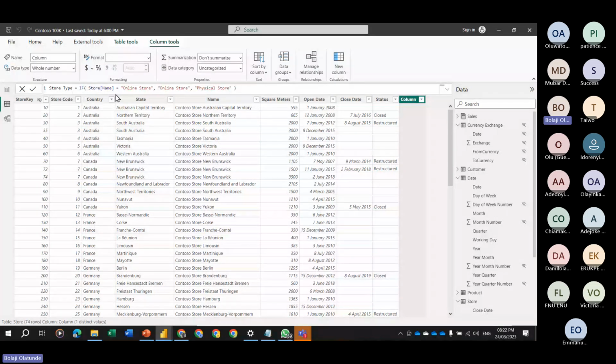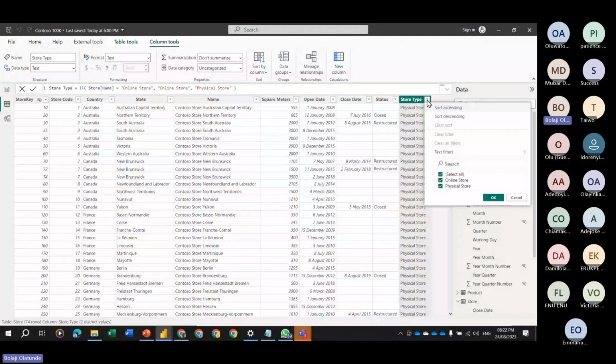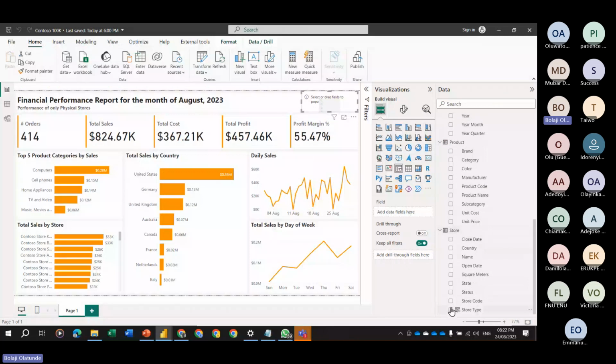Yeah, and then we have that column here that has online store or physical store. We can add that column as our slicer. It's called store type. And then we can make it a drop down. So slicer settings, drop down, and then we can select physical store. Now, because I have a filter on my page where I've restricted it, I can say, okay,